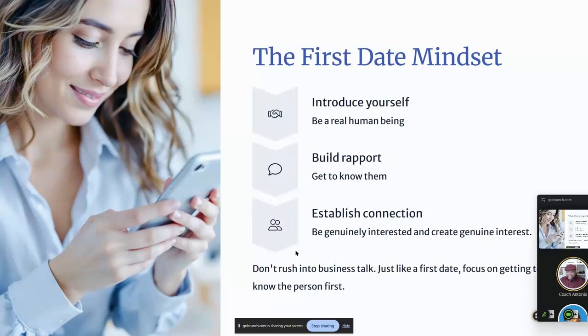First date mindset, meaning introduce yourself and be a real person. Introduce yourself and be a real human being. Build rapport. Get to know the person that you are talking to. And I'm going to tell you in a minute how to do that. Establish a genuine connection. Let them know that you are interested in who they are, what they have going on,